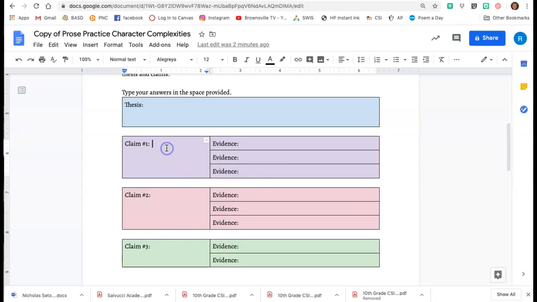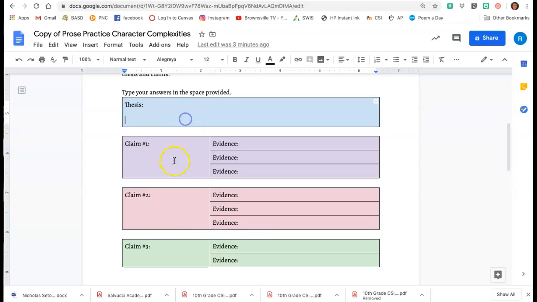And then for your first claim, let's say you're choosing Victor as your character, and you made a thesis about him. What would be the first thing that you would discuss with Victor? What is evidence from the text? I'm not asking you to use specific quotes because technically you wouldn't have your book on you, but just instances in the text that you could eventually discuss. So again, you're not giving me full paragraphs or sentences here. You could give me sentences, but I just want brief notes for each of these.